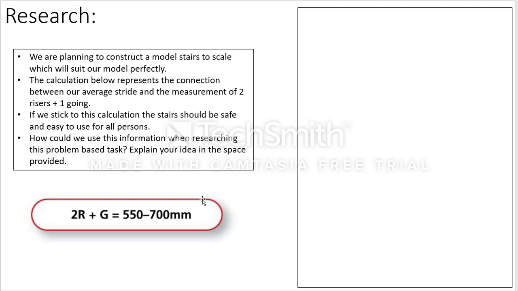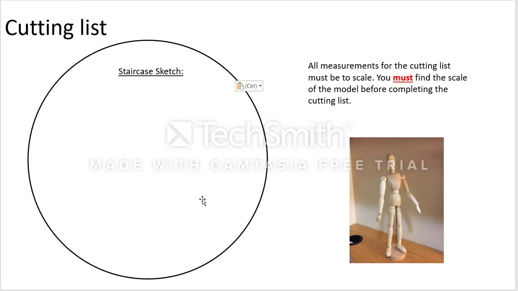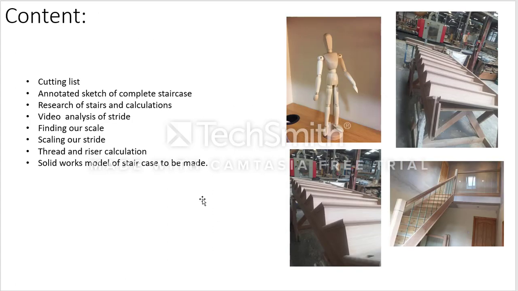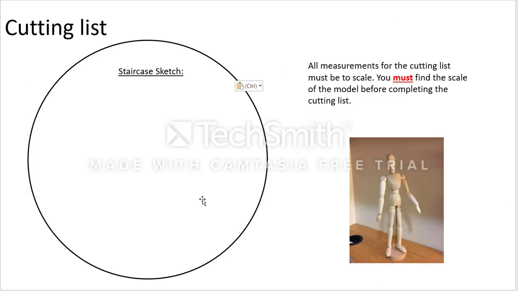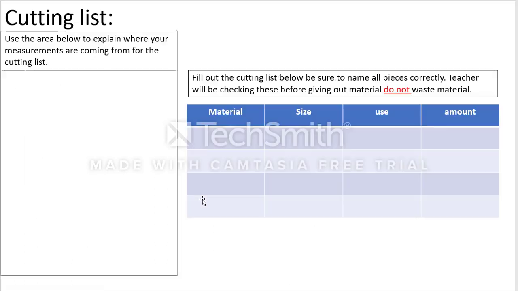The portfolio can really be broken into two main parts. So section 1 will be the guided section, where the students are told the contents that should be in it. Apart from the video analysis, stride finding and scale, they're going to have to figure that out and they can put them in themselves. But the students are told they need to do a sketch of the stairs, given all examples. All measurements will be fine to scale, they know that.